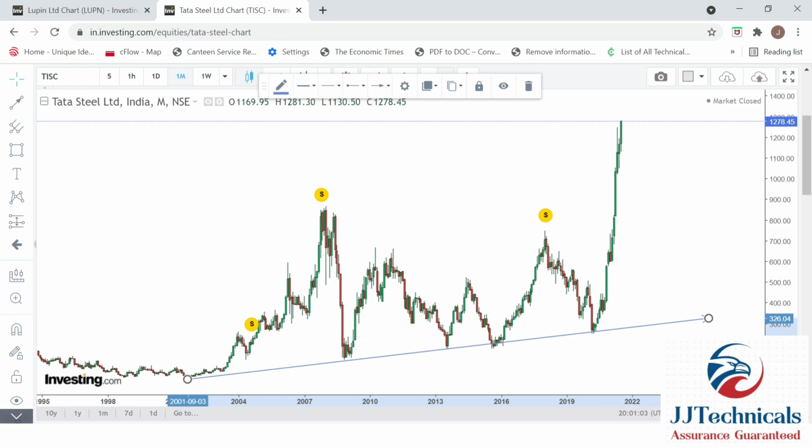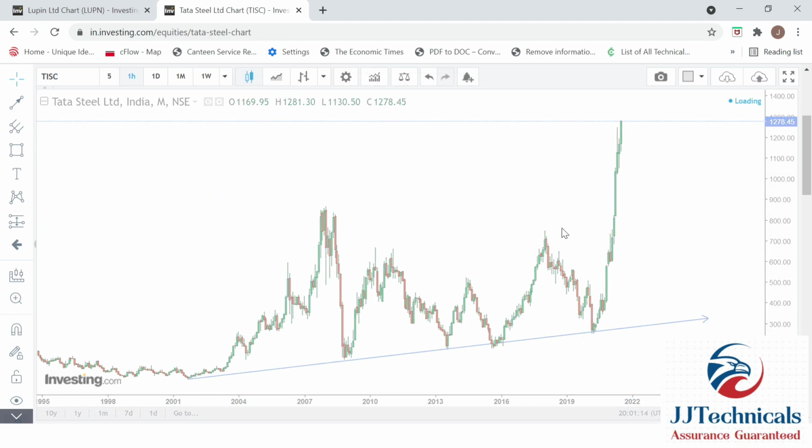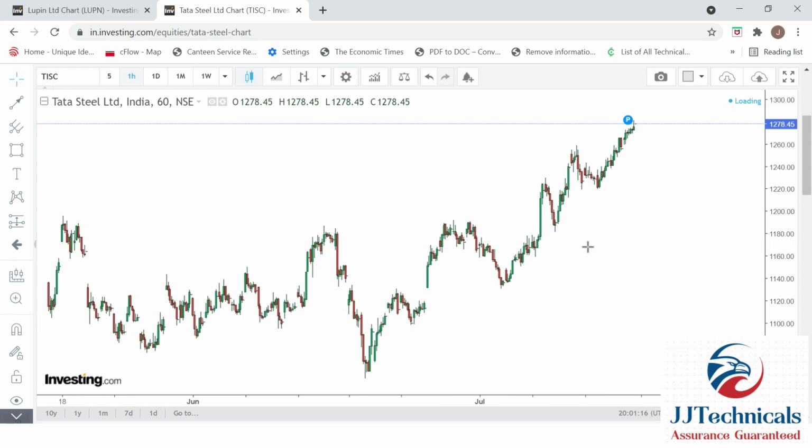So it is very easy. I mean, trading in support and resistance is actually very easy. Even if you want, this will work for intraday also. I mean, this is from an investor's point of view. If you want to see intraday, let's say, see here,